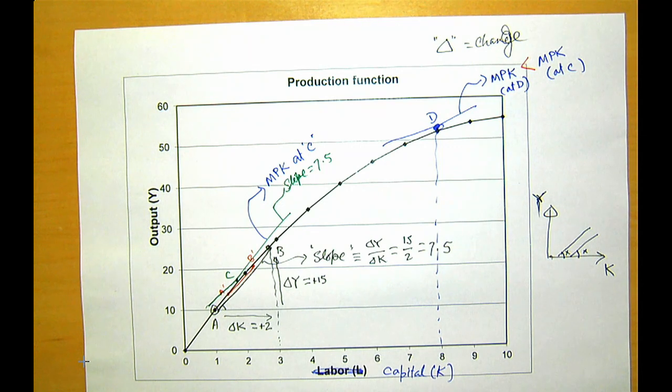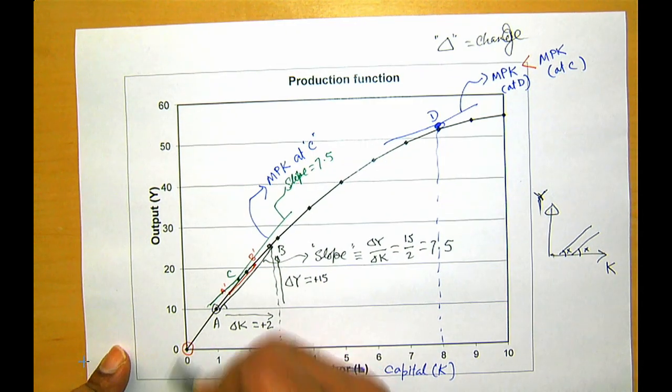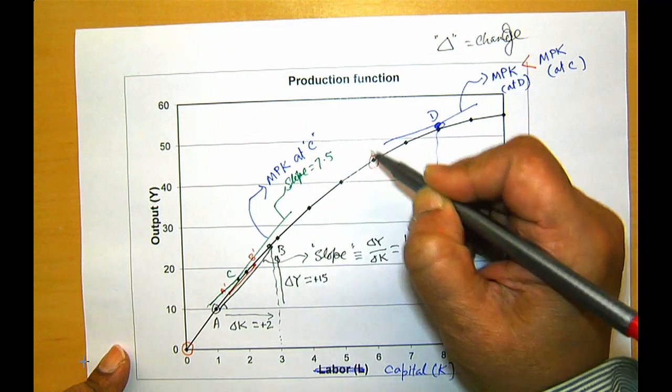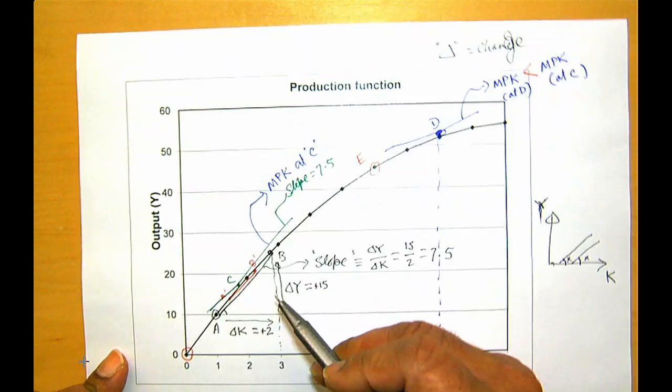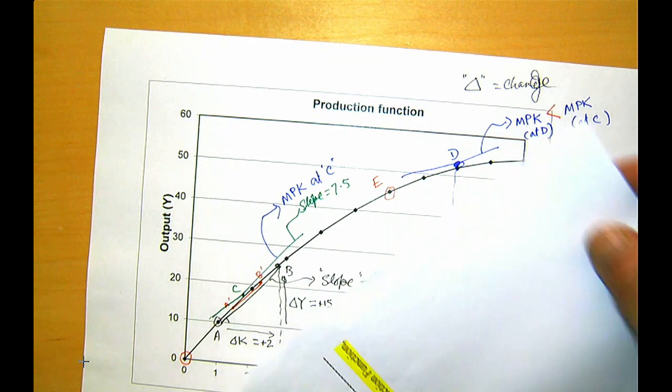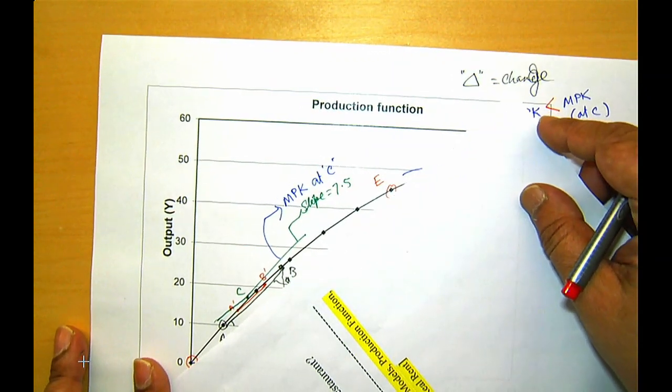So now I'm going to answer a couple of other questions. So we talked about marginal productivity. I could use this graph. Maybe I will, just to show you. If I join the origin and another point, say this point E, if I join these 2 points, just a straight line joining them, right?